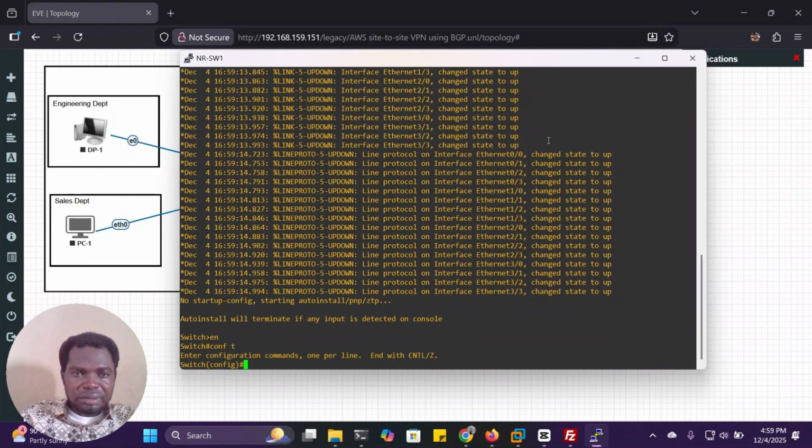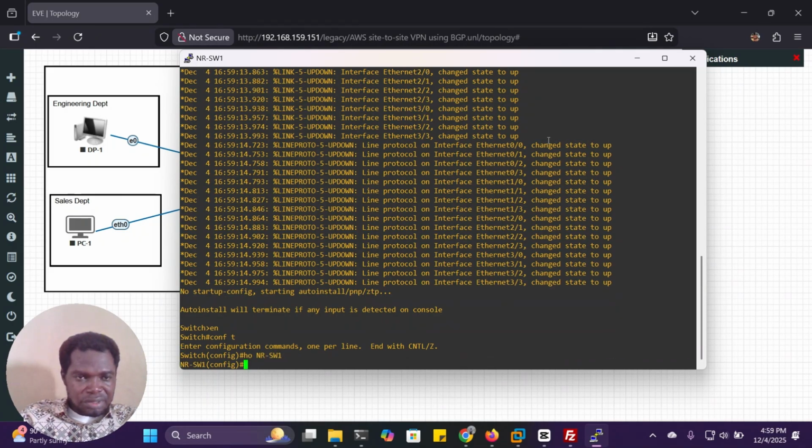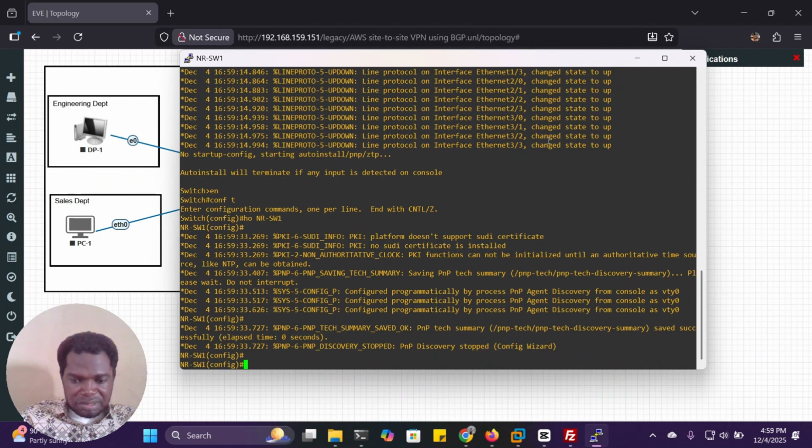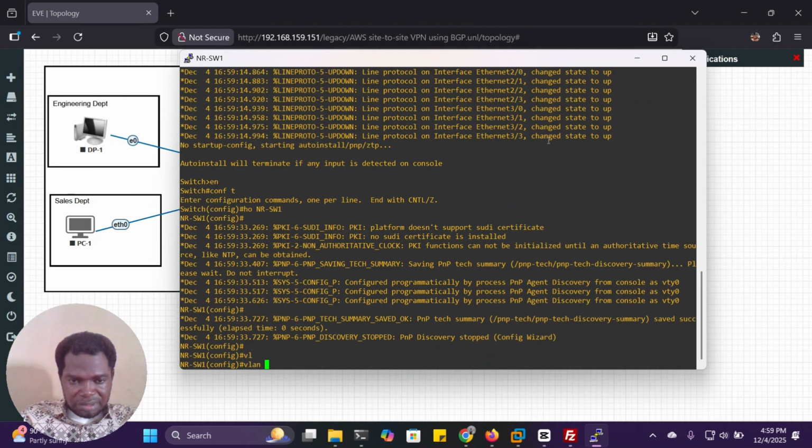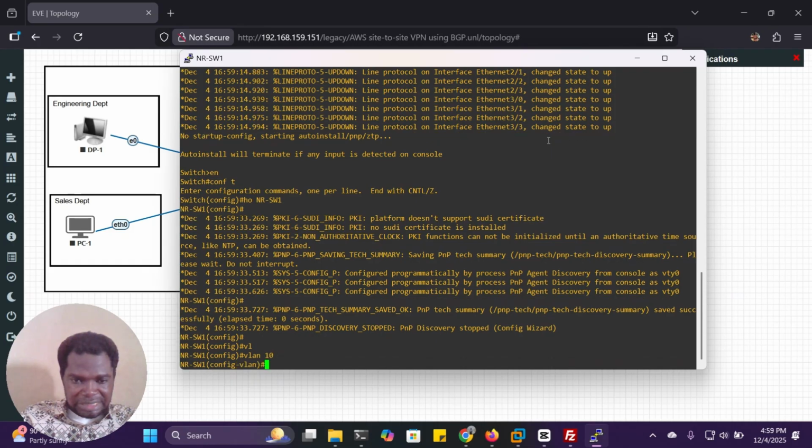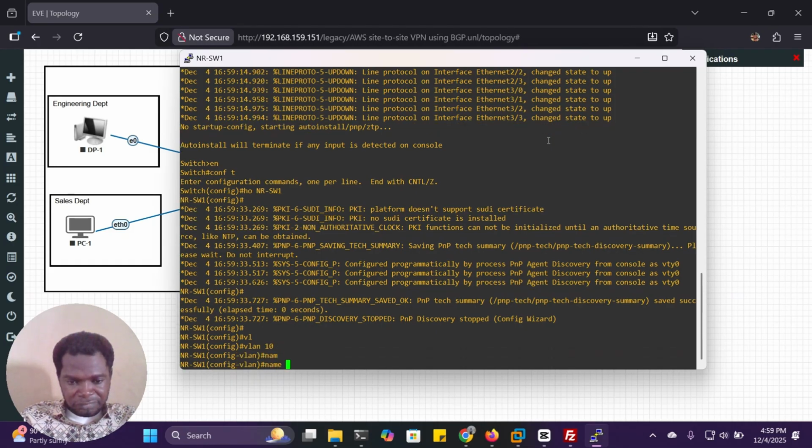So what is the name of our switch? NR-SW1. So engineering department, let's say it should be in VLAN 10, VLAN 10 name Engineering.